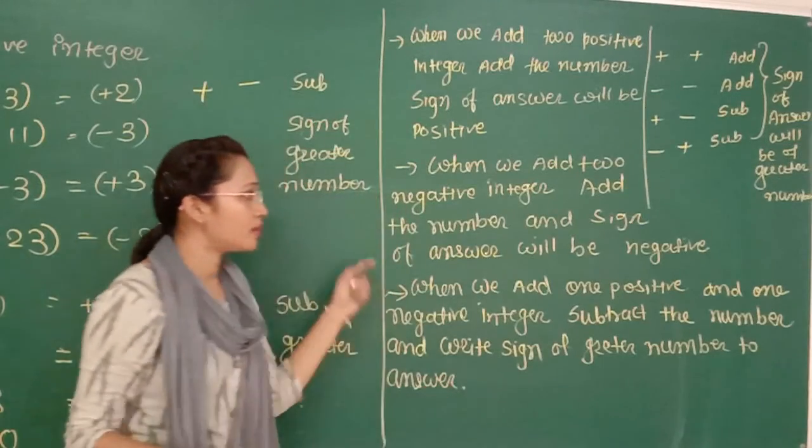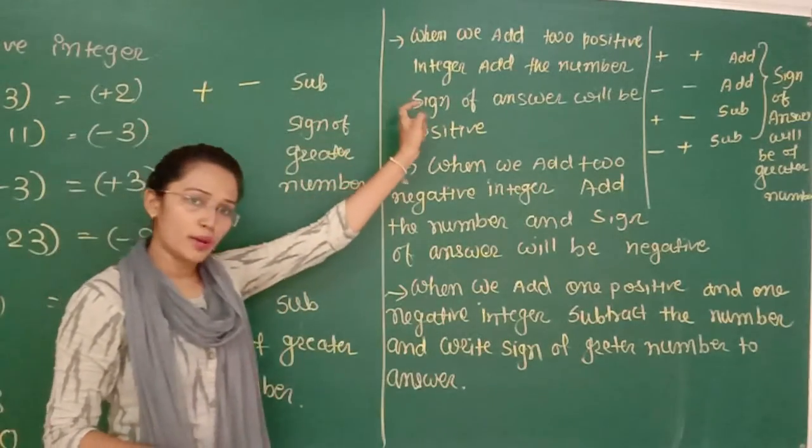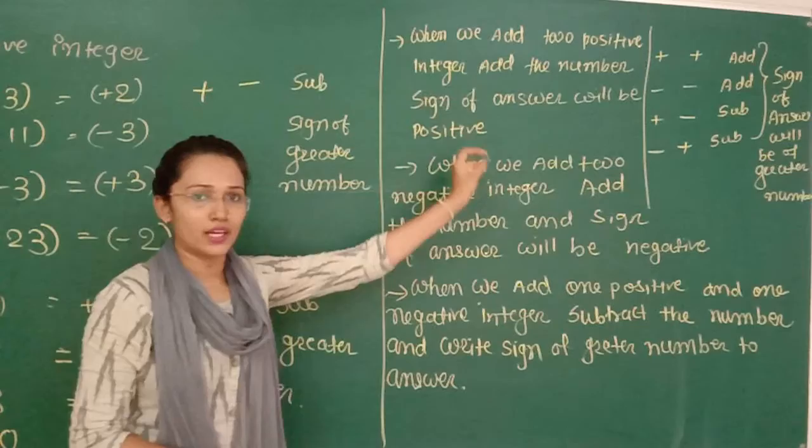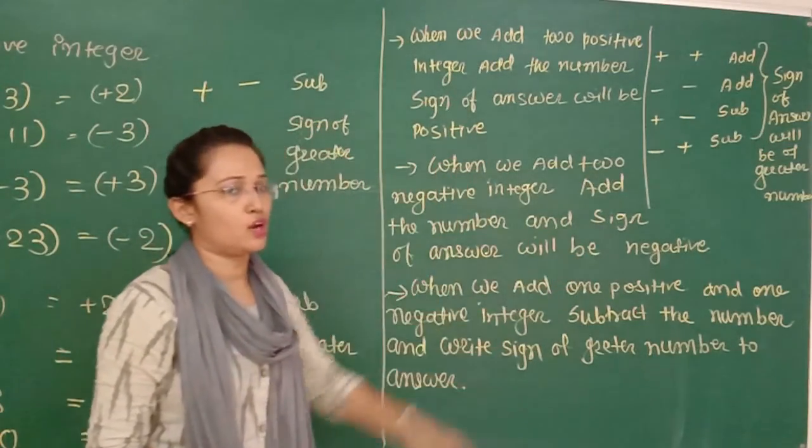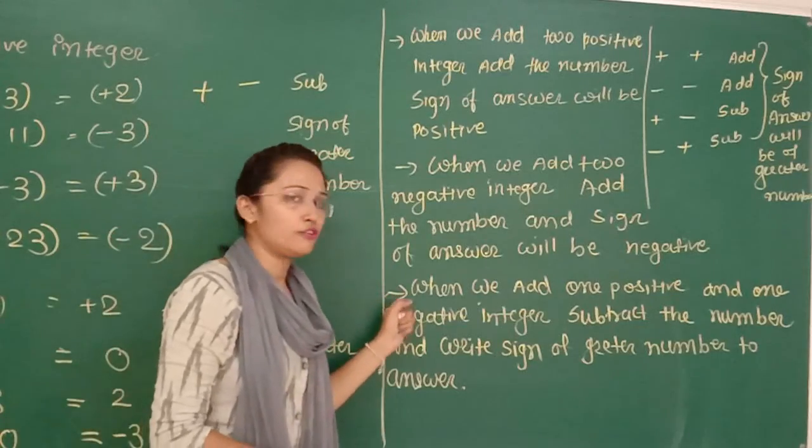So you need to remember these 4 steps. When two numbers are positive, add the numbers, sign of greater number. When two numbers are negative, add the numbers, sign of greater number in the answer. And if one negative, one